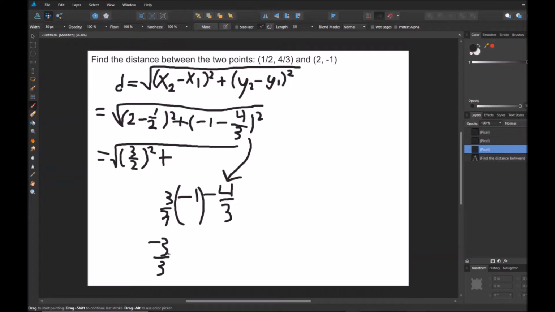So this is still a valid statement I'm making here, minus 4/3. And now that they're equal denominators, we can subtract them, and negative 3 minus 4 is negative 7/3. So then we undo all of that and write negative 7/3